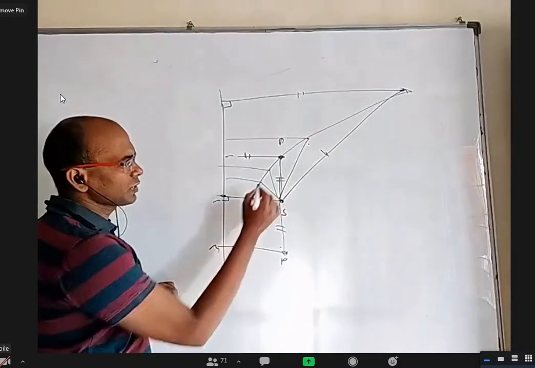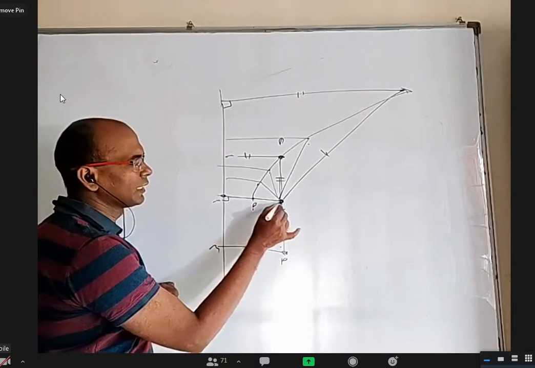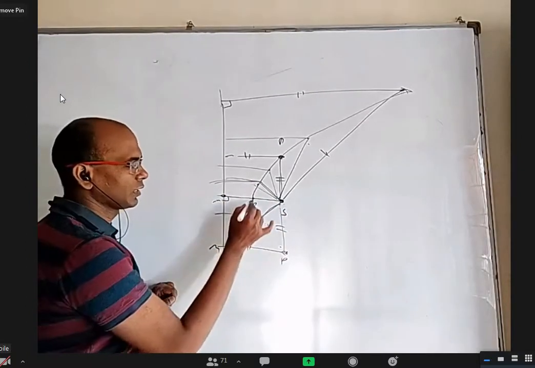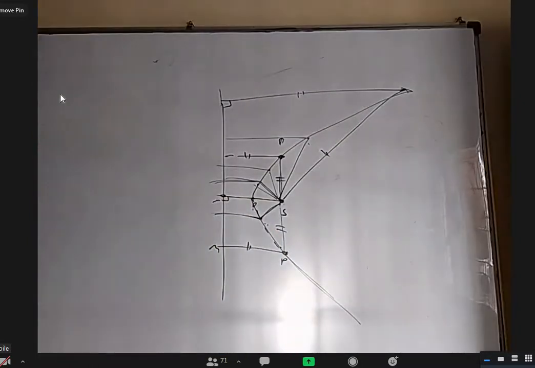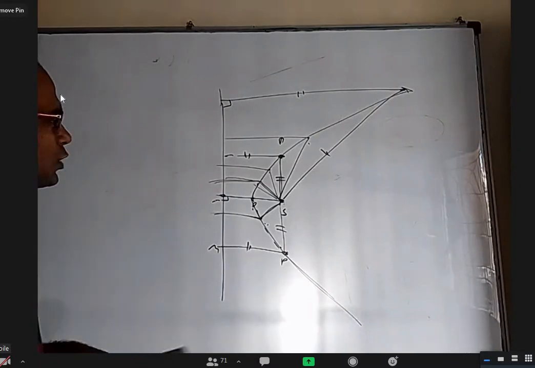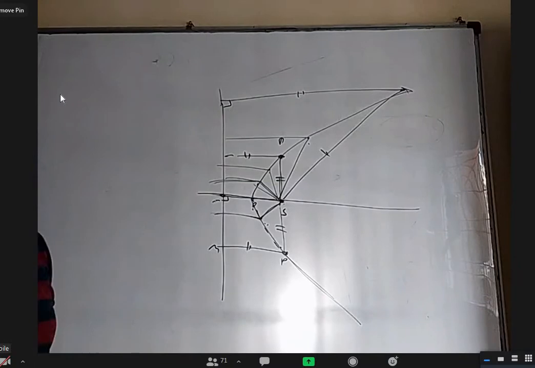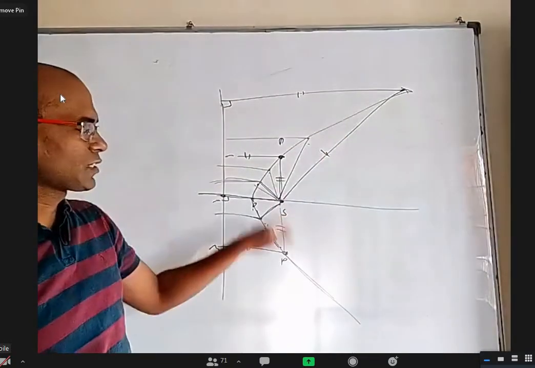I'm sure if some point satisfies, its mirror image with respect to this line should also satisfy, because this equal to this equal to this. If these two are equal, these two are also equal. I think we'll get a set of points like this. Can I say whatever is the shape, I don't even call it parabola, it should be symmetrical about this line? Yes, sir. If there is a point here, its mirror image also should satisfy the whole data.